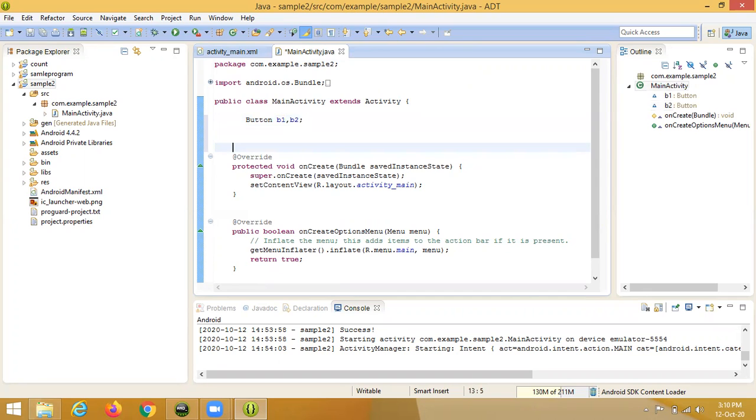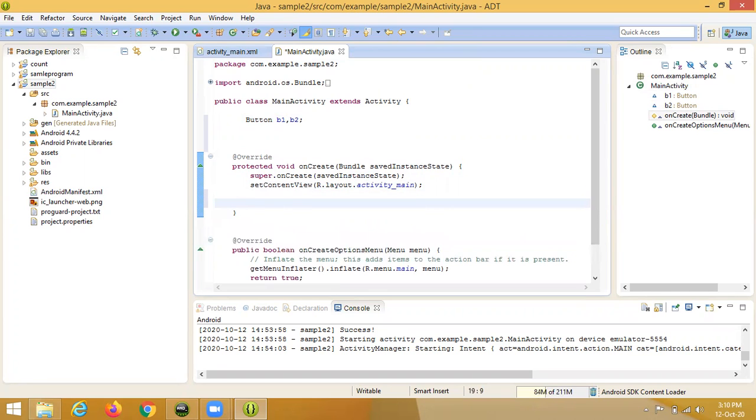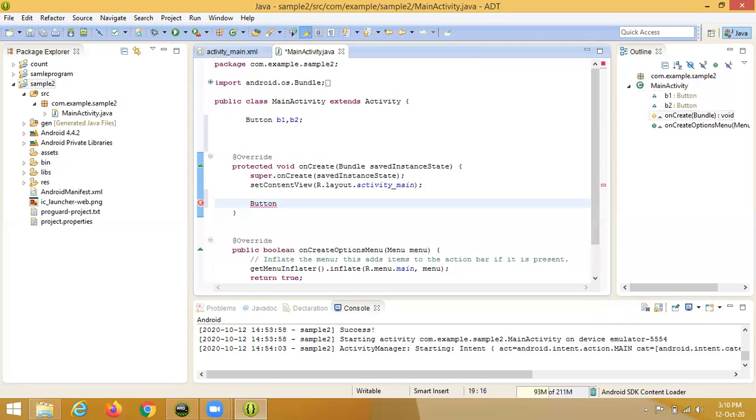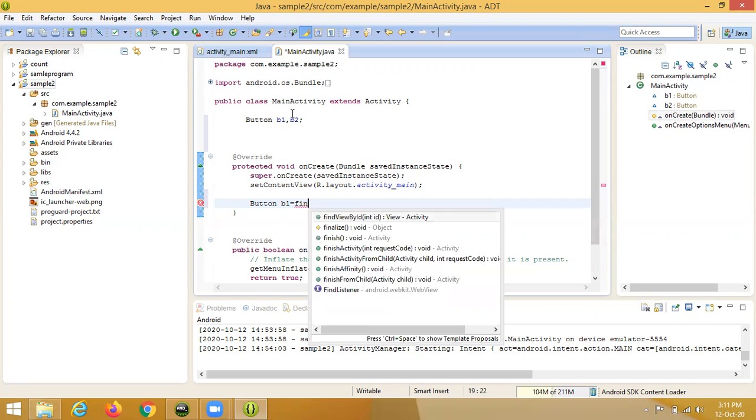After we declare them, select the main file and type the program. Button B1 is equal to find view by ID.